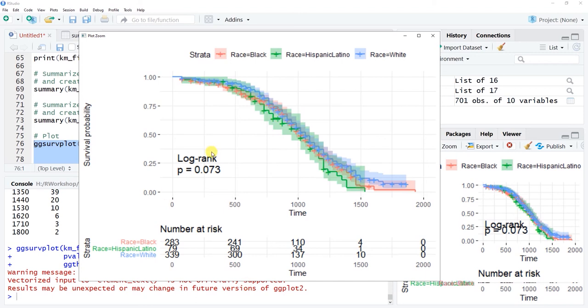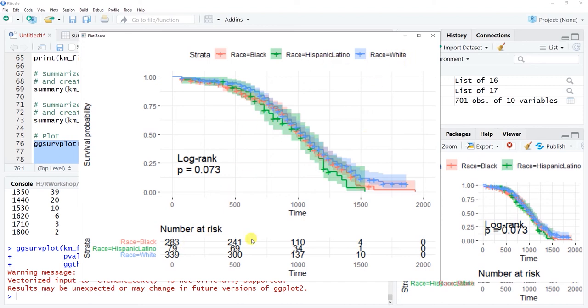Well, according to the log rank test, remember we requested a significance test, a p-value in other words, to see whether or not these cumulative survival rates are different from one another. We see the p-value here is 0.073, which is greater than our conventional 0.05 alpha level, our cutoff that we typically use. So we'd say here that these cumulative survival rates don't seem to differ between the levels of the categorical covariate variable,